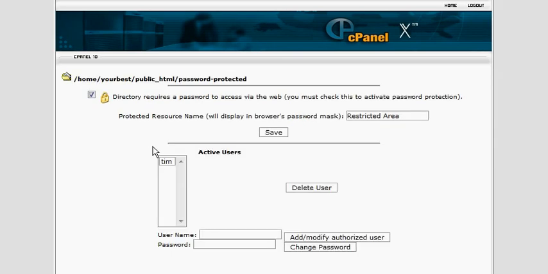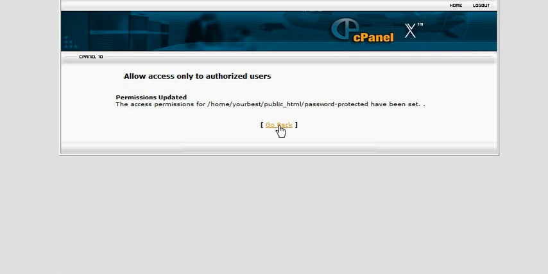We'll go back again and have a look. We now have a password protected directory with an active user Tim, and the password is password. You can also give your password protected directory a name so that when people are in there, they will see the name displayed. So we can just call this protected. Alright, so we're all set up on the cPanel